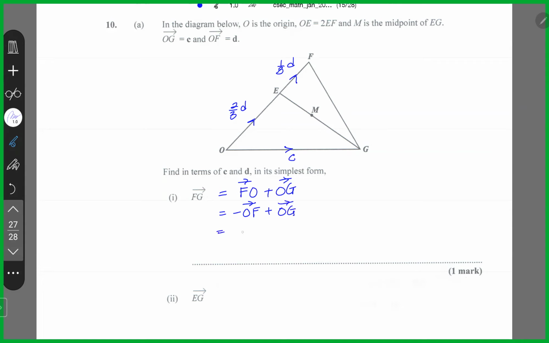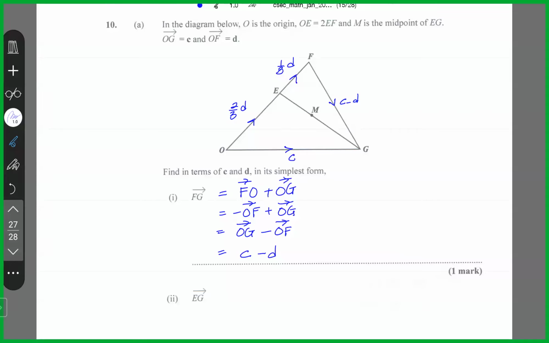So this is OG minus OF. OG is C, minus OF, which is D. So FG is C minus D. Next, we want to find